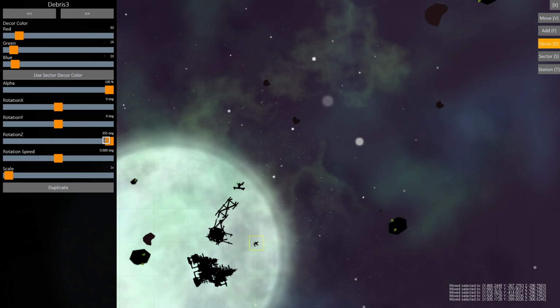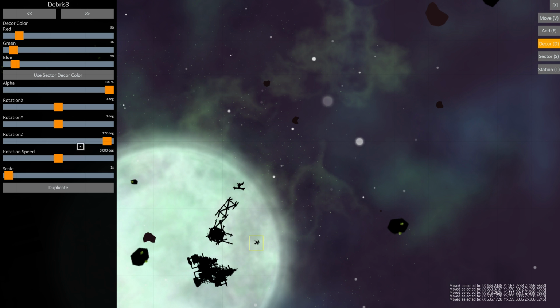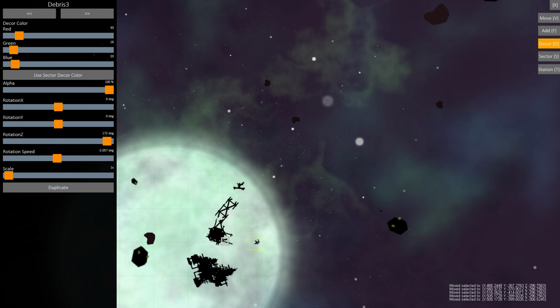Foreground stuff that's above zero can actually cover the screen, cover like the UI, which is stupid. But